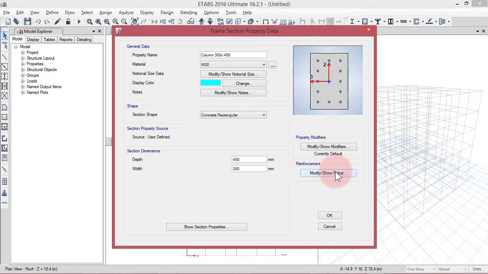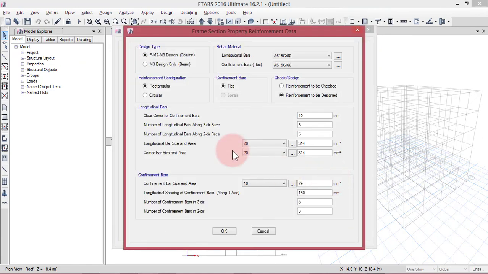Now we can select the reinforcement in modify or show rebar. The design type is: we have to design our column for axial force P and biaxial moment M2 M3. The longitudinal bars we can select HYSD 500. For confinement, that is the stirrups, shear reinforcement, you can choose HYSD 415.